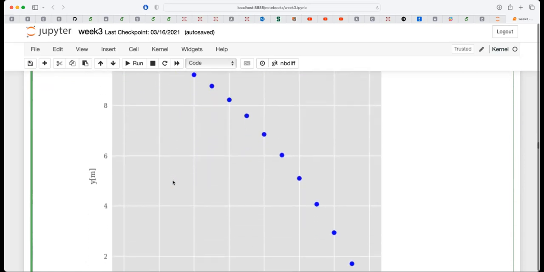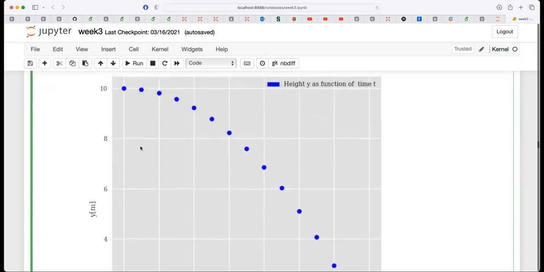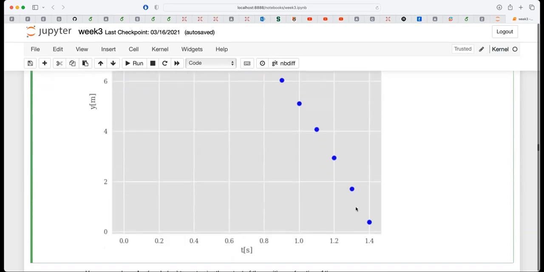And after some time, when I make a plot here, you see now this is a function of time, it reaches the ground. And that would be at your final time. So this is just a simple plot of this falling object, which we discussed in the lectures. Okay, so this is a way to visualize it.